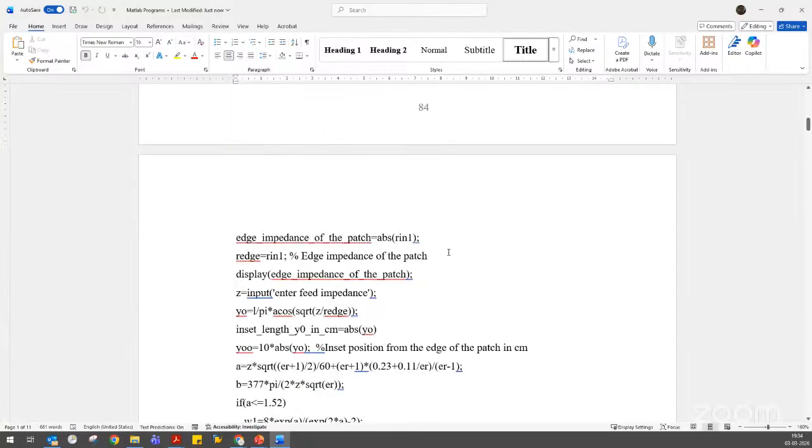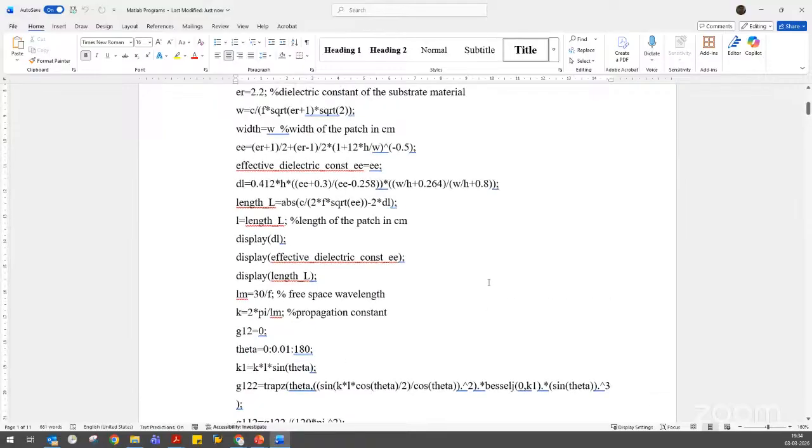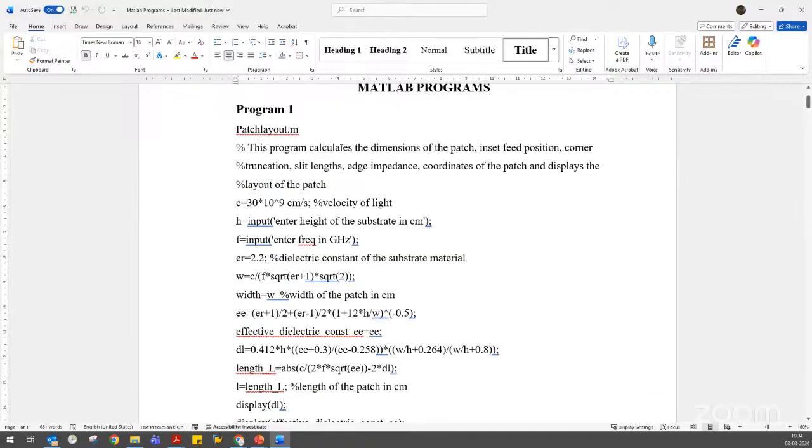This program is using basic commands only. Everything is written here. This program calculates dimensions of the patch antenna, patch, insert feed position, corner truncation, slit lengths, edge impedance, everything. All the instructions are clearly given in this program.